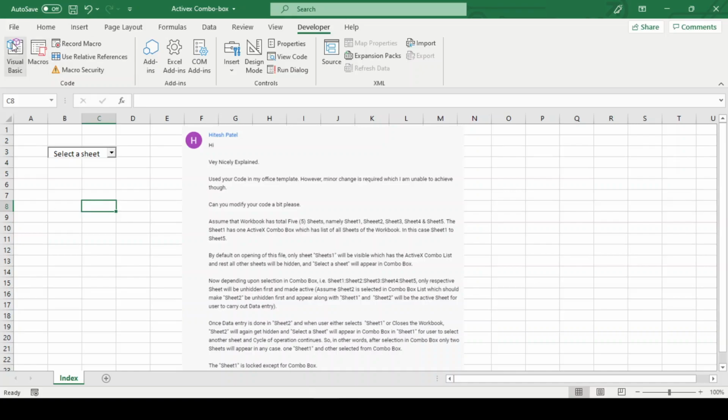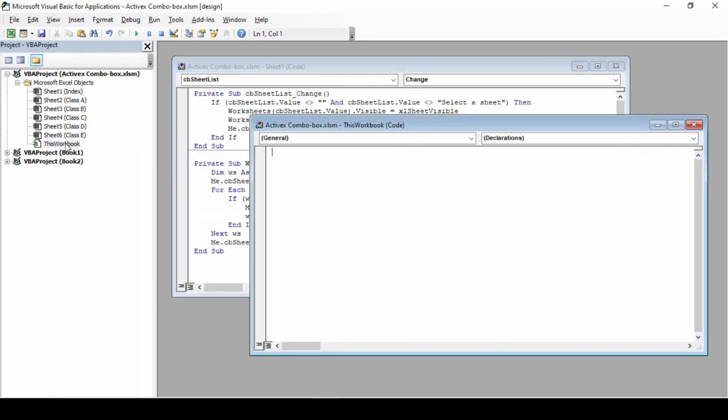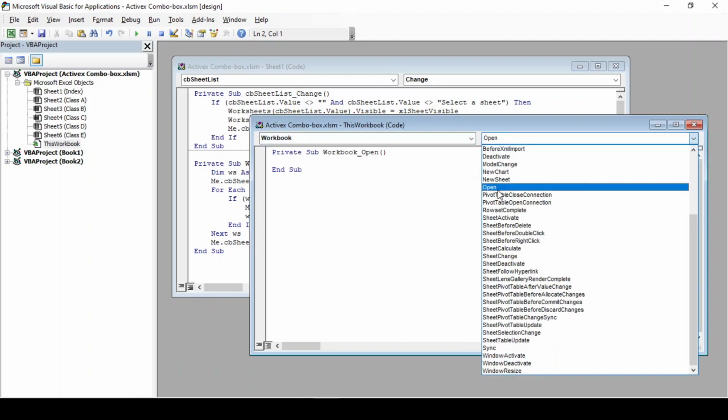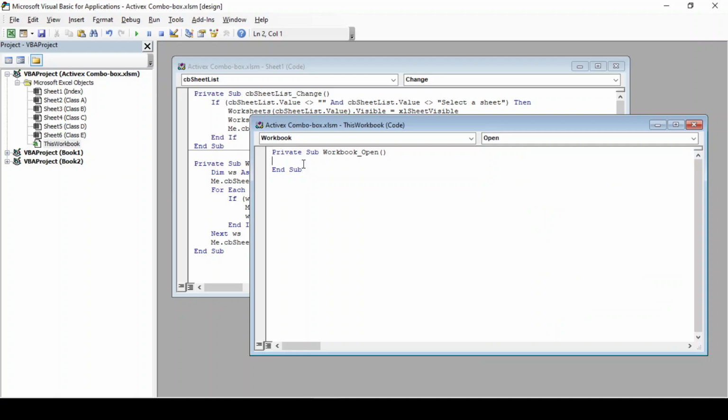So let's go to Visual Basic, double click on ThisWorkbook, select Workbook from the left drop down and select Open from the right drop down. And we have our function ready to trigger on workbook open. Now let's write our code within. Sheets(2).Visible = xlSheetVisible.